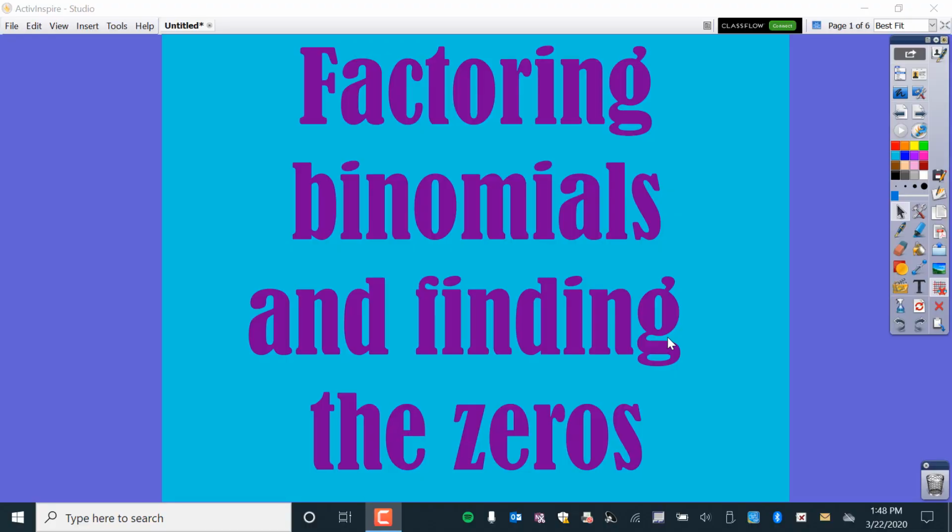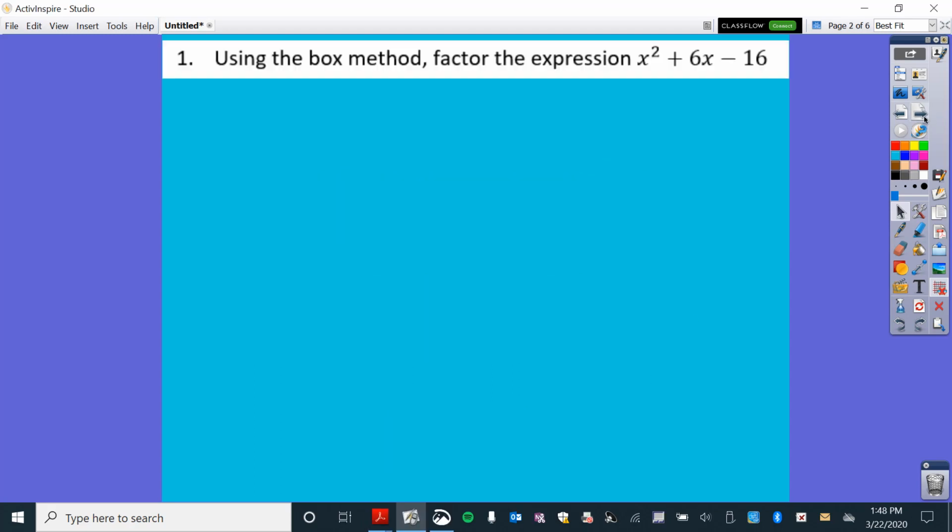Okay, today we're going to talk about factoring binomials and then finding zeros when they ask for them. So this first one tells us that using the box method, they want us to factor the expression x squared plus 6x minus 12. So the first thing that we're going to do to be able to factor this is